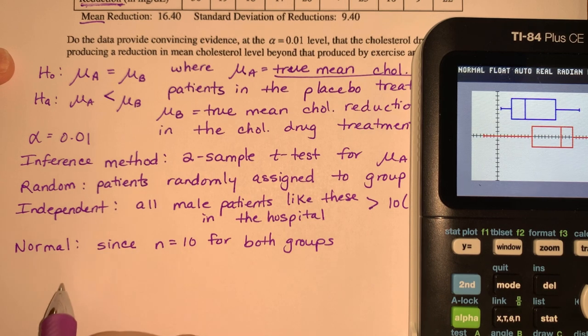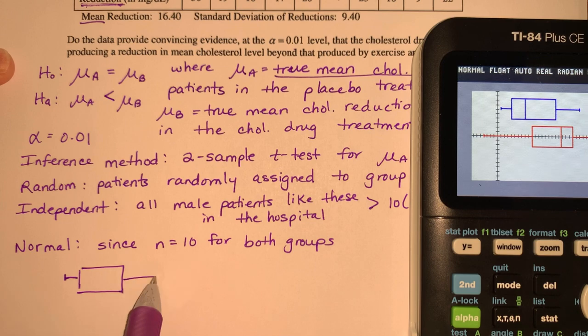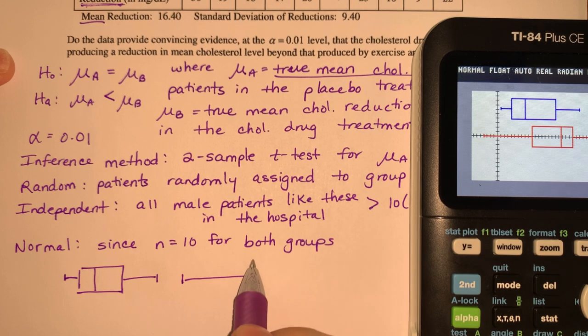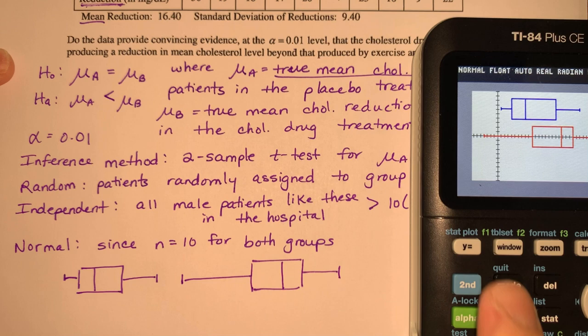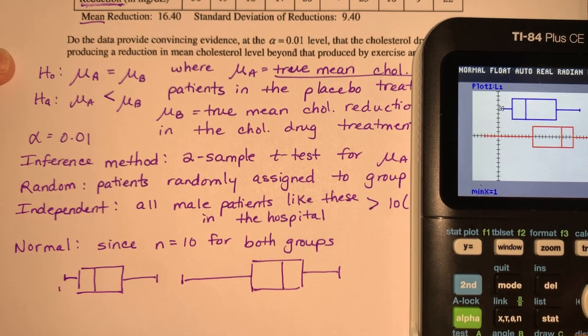So now I'm just going to go ahead and draw the box plots for them. So I have something that kind of looks like this. Maybe it's a little bit longer there. Voila. And this one kind of looks more like this. All right, and just to be safe, I'm going to go ahead and give them little values. So 1, 4, 8, 17,